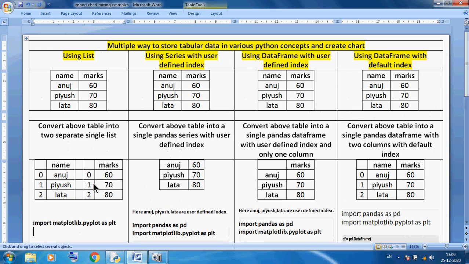Now the same table, we can use another way, same problem. Using series, because list is one concept, series is another concept. Series and data frame. So we can use the same table in the series concept. Convert the above real life table into a single Pandas series with user defined index. You can see Anuj, Piyush and Lata is our index, but this is a user defined index, because the default index is 0, 1, 2, but I want to change 0, 1, 2 to Anuj, Piyush and Lata, and 60, 70, 80 are our